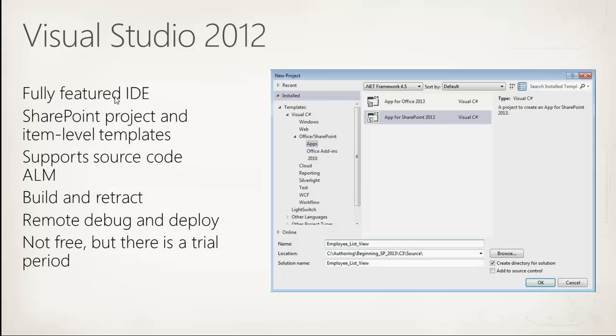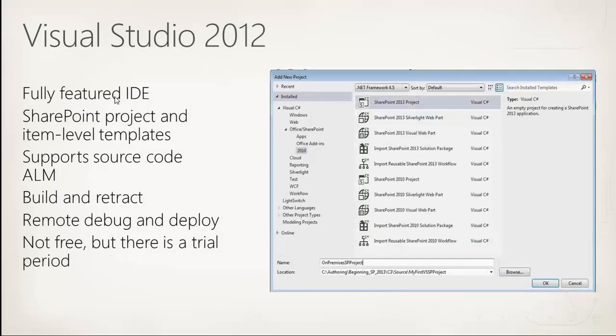So I've been showing you Office 365. I can build a remote debug against that particular version of SharePoint. I still also have all those nice project templates and item templates built into my Visual Studio experience for SPS, rather, SharePoint Server. You have all the beauty of TFS, ALM, all that good stuff built into Visual Studio. So if this is where you want to live as a managed code developer, you should be using Visual Studio, okay? So that's a view of the actual templates.